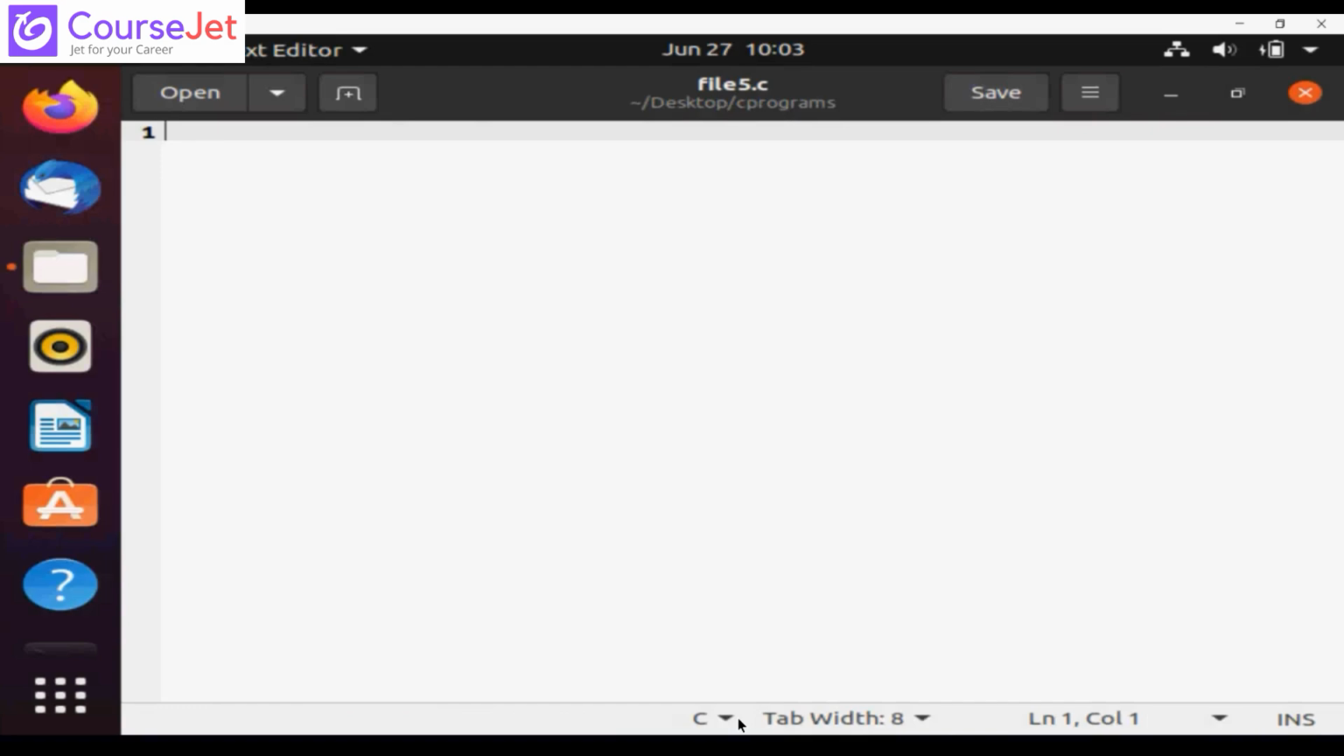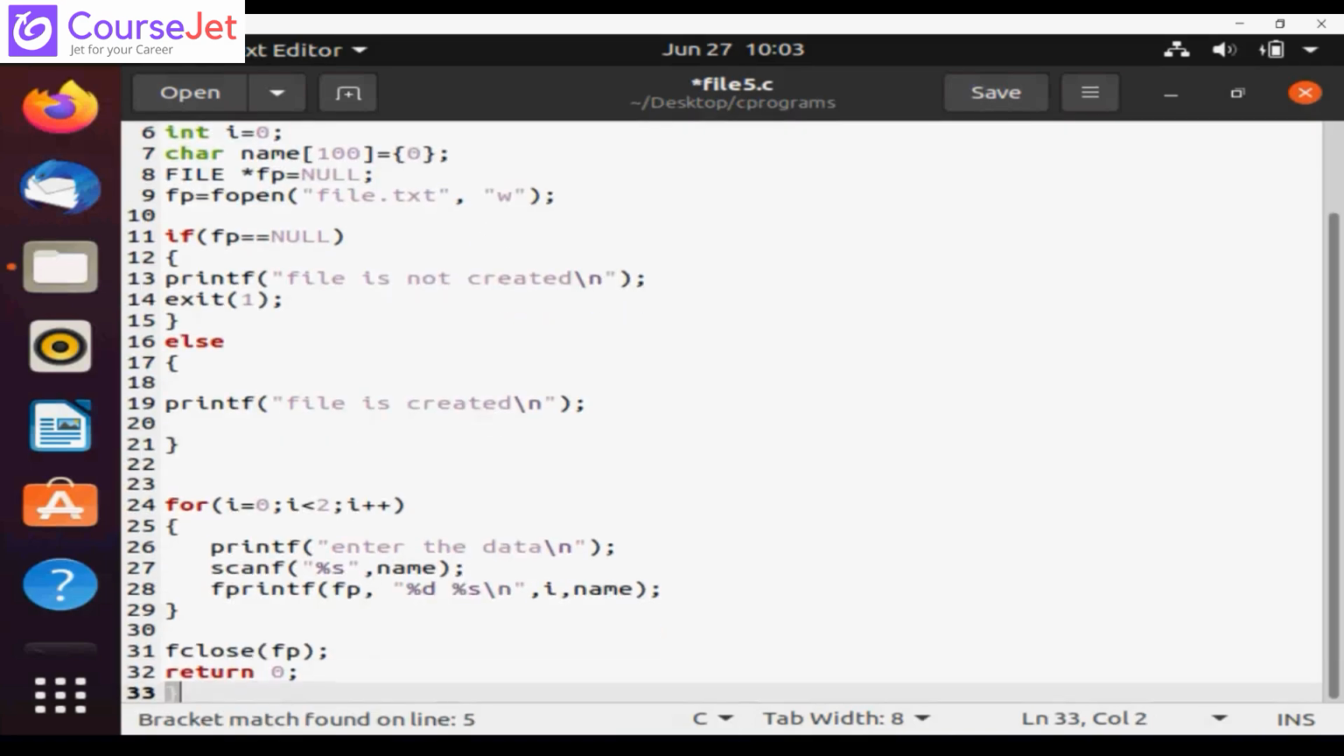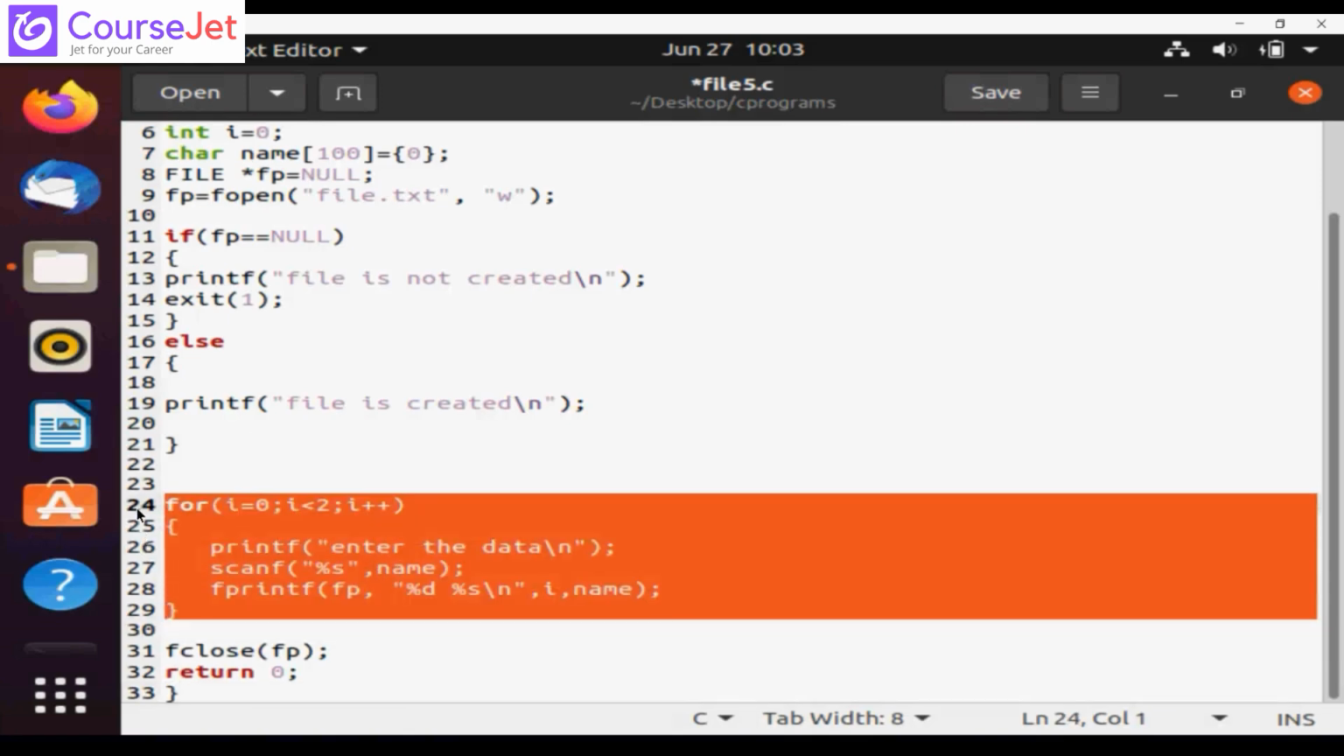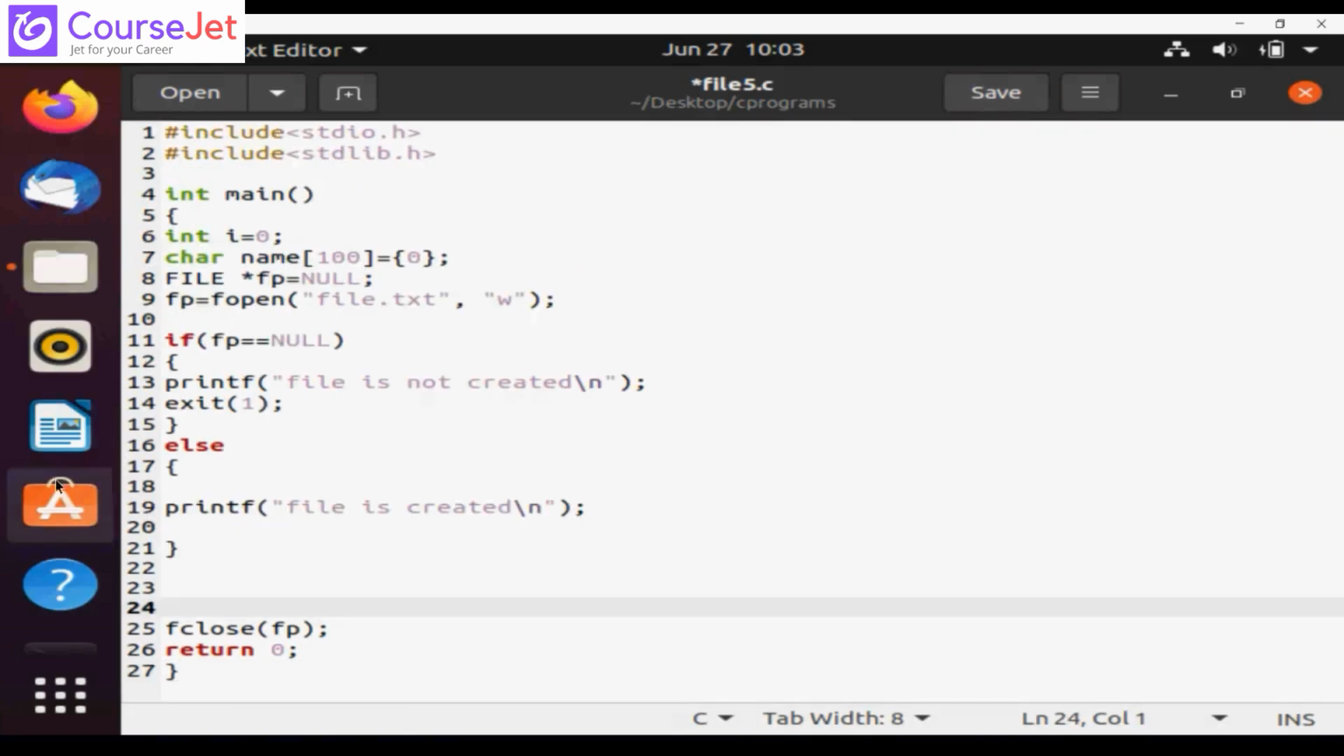So directly the syntax I'll write in this only. We will remove this. We have to see if this file is created or not. We have to close this file. So here we will use this as scanf. Okay. So what we have to do is,